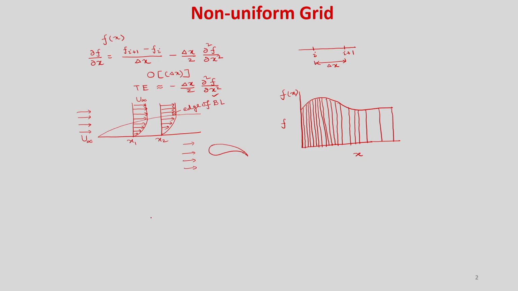Now let us see how you can generate a non-uniform grid first. You have this region from x equal to 0 to x equal to L. We want to generate a finer mesh near the x equal to 0 region, and a coarse mesh, where delta x is larger, near the x equal to L region. Obviously there will be more gradients and gradually it will vary.